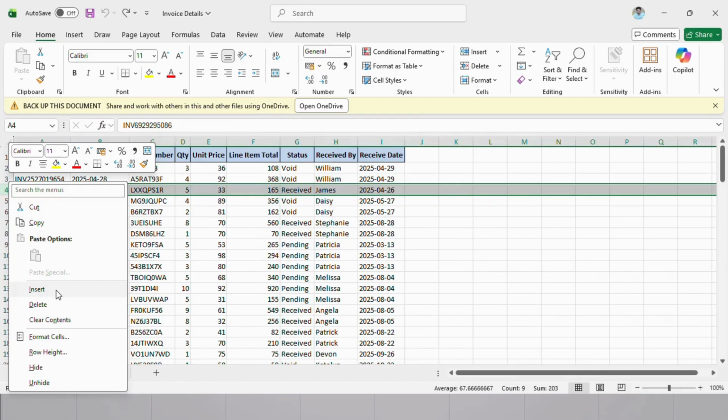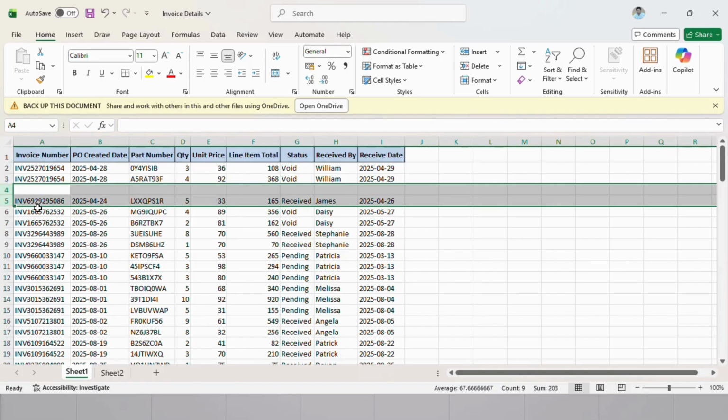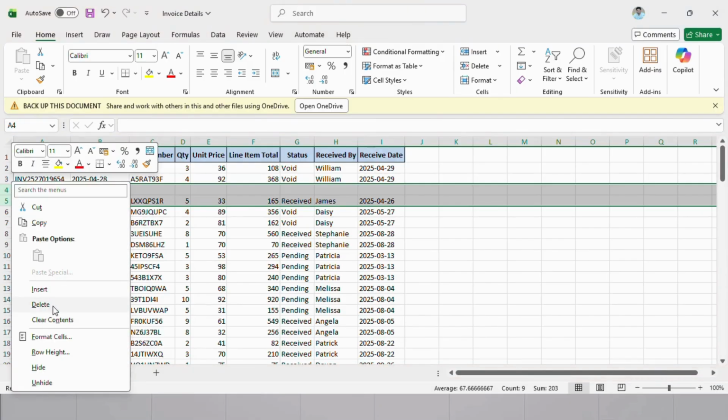As soon as we click on insert, the new empty row will be created, and from the selected row to end row, whatever the rows are available, those will be shifted to downside. So let me click on insert. If we want to delete the rows, we will select the row positions which we wanted to delete and then right click, and then delete. As soon as we click on delete, those selected rows will be deleted and the below rows will be moved to upward direction,